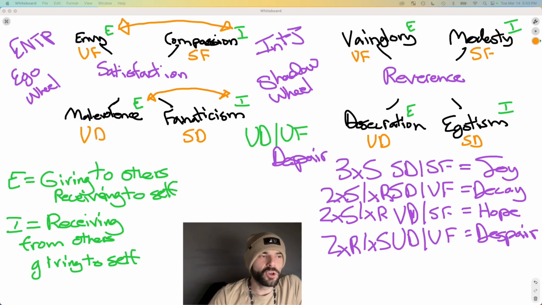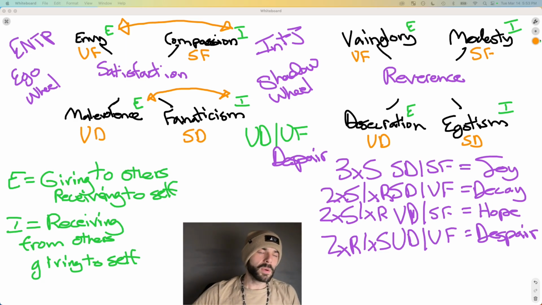Do you guys have any questions relating to cognitive development right now? Jay Patel asks, could you explain the difference between receiving to self versus giving to self? Yeah, giving to self means I'm giving to me, right? And then receiving to self means it's what other people have given to me over time. So receiving to self equals what other people have given to me, whether I wanted it or not, right? Whether I've wanted it or not,